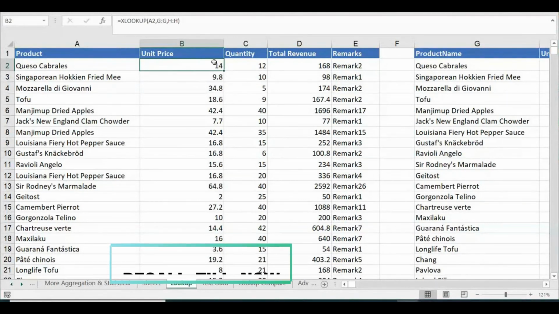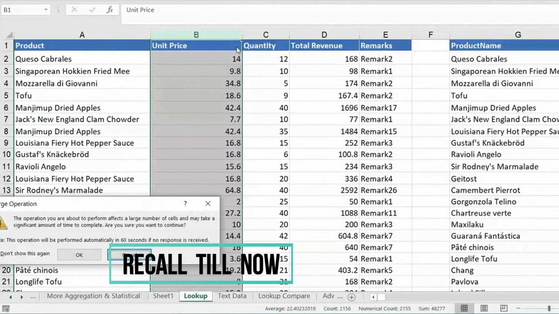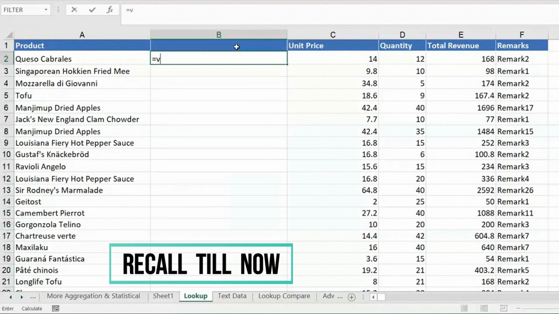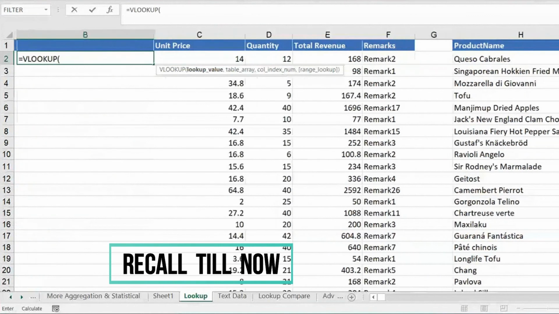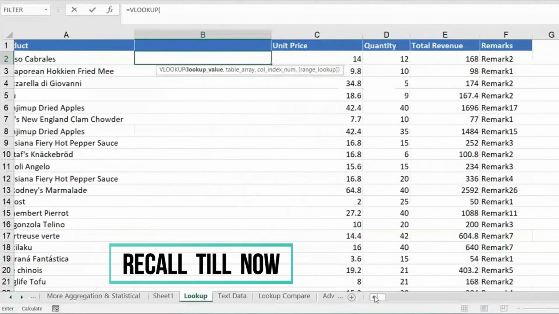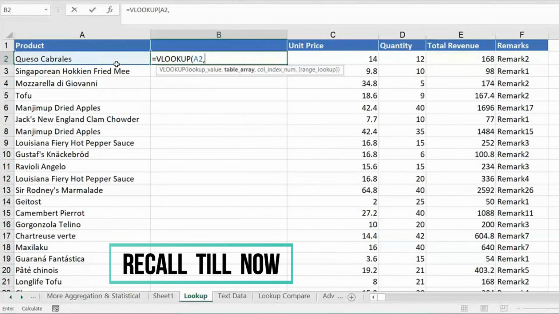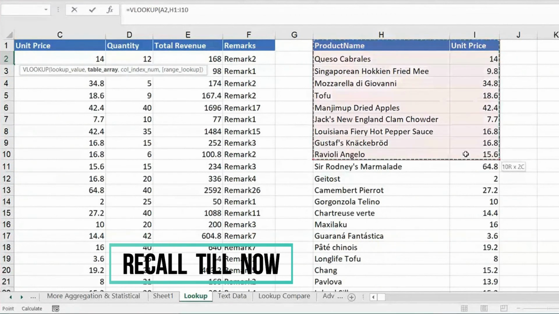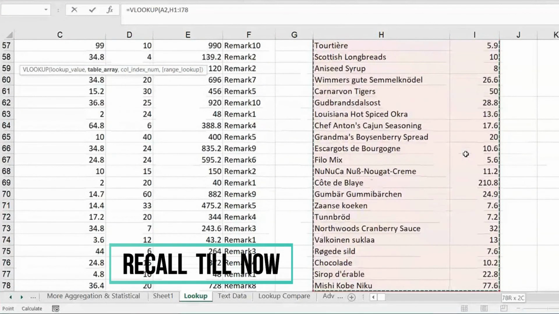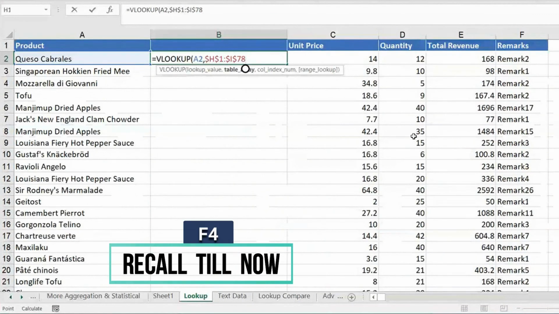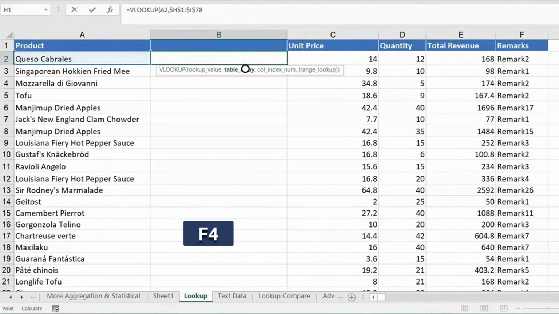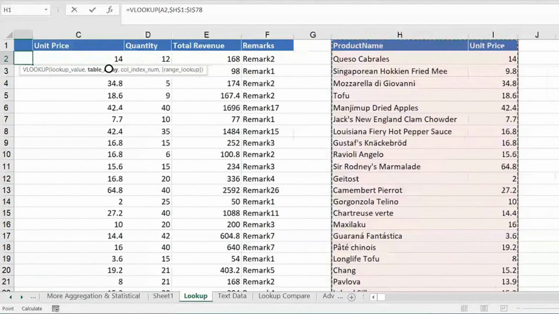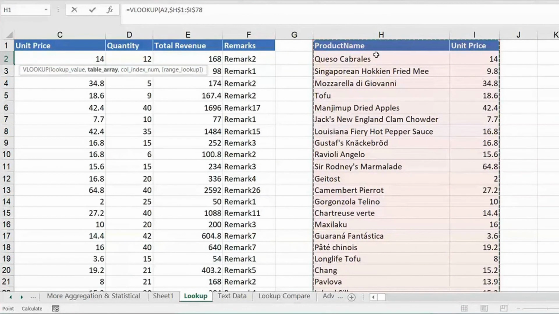If you remember, I wrote VLOOKUP to grab these products, correct? So equals VLOOKUP, because we are searching vertically. So we do VLOOKUP, look for this value, comma. Table array is the table where the data has to be searched. In this example, it was this data. So I pick the entire table and I need to make it constant, otherwise the ranges will shift. We saw that, if you remember. I took the range H1 to I78, where there are row references, so I need to fix it.